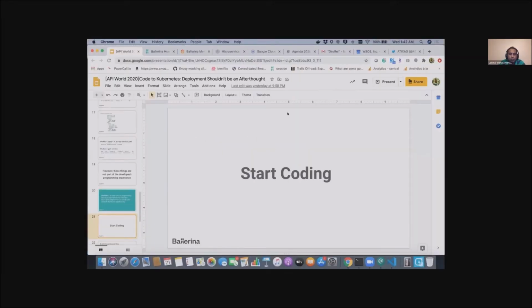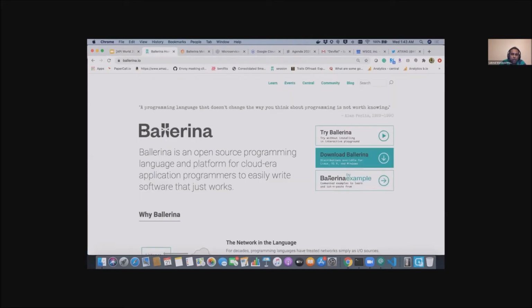The best way to learn a programming language is to start writing code. Before that, if you want to learn more about Ballerina, you can go to ballerina.io. It is a complete programming language. You can write any kind of program, but it is specialized to write network distributed applications such as microservices and cloud native applications.